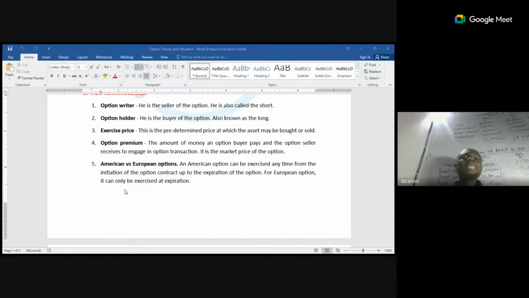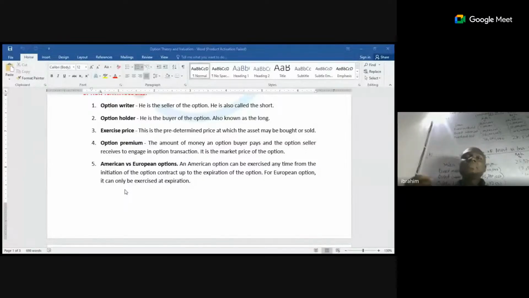Then Mr. Peter will now exercise his rights to sell at the end of December. But the question now is, will Mr. Peter be in the money, out of the money, or at the money? That is another thing we need to look at. And what are all these jargons? It means that if Mr. Peter decides to exercise his rights in December to sell,